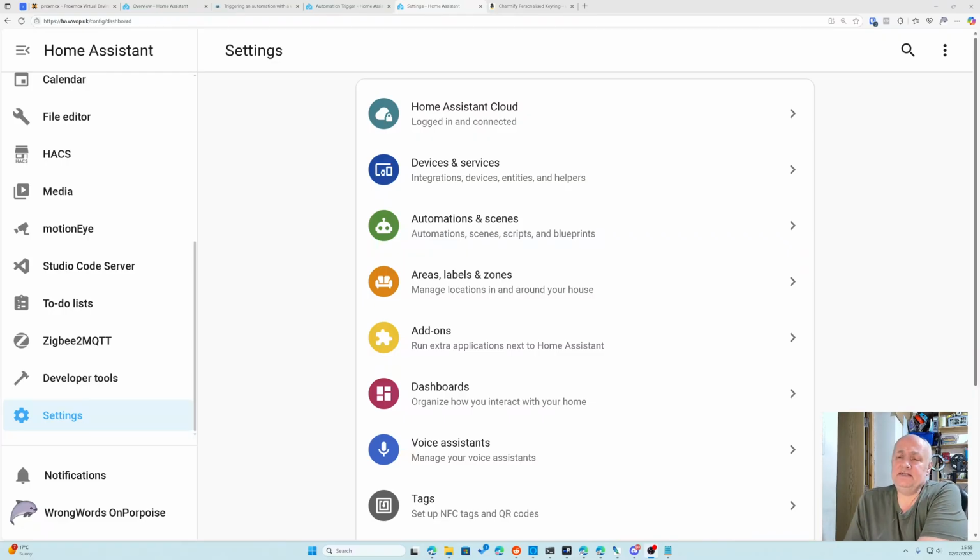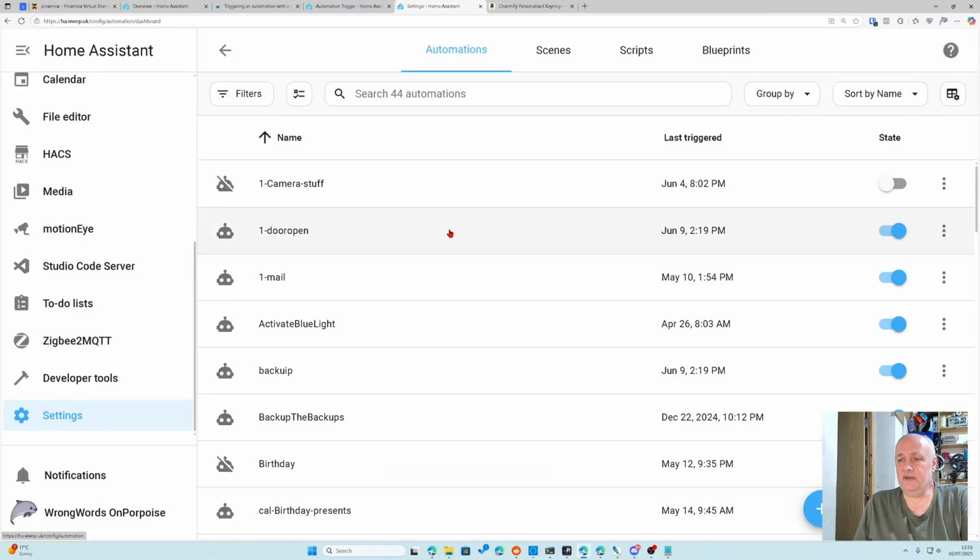Okay, so the first thing we need to do is, if you've got a smart lock, you need to open it for your mum to come in. If you've got a light that you want to switch on, or worst case, you want your traps and lasers and mines to be switched off. The smart lock you might want to just give a number, but we're going to do it automatically. So the way we do that is going into automations and scenes,